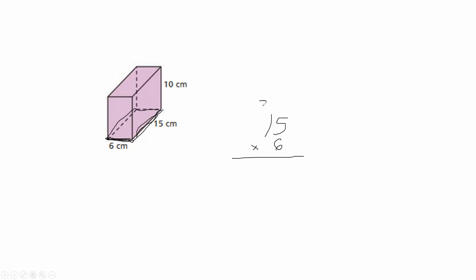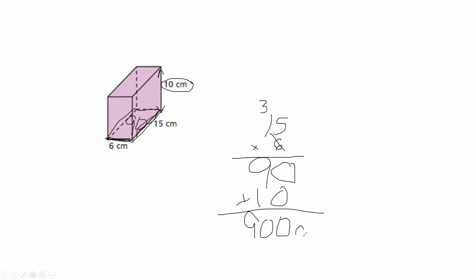5 times 6 is 30. 6 times 1 is 6, plus 3 is 9. So the area would be 90, but 90 goes up and down. It goes up and down 10 centimeters. So what's 90 times 10? 90 times 10 is